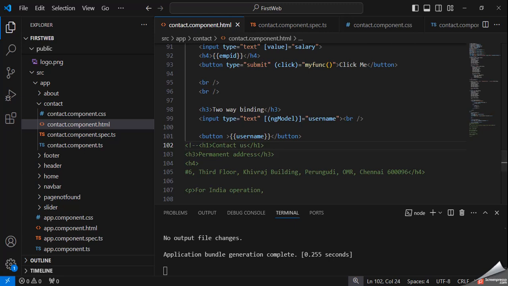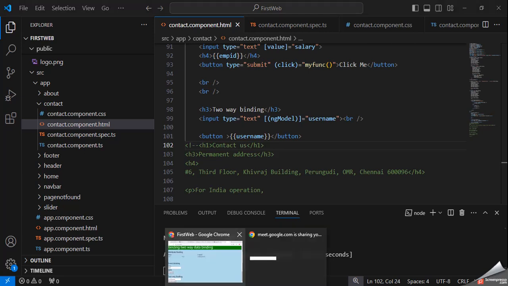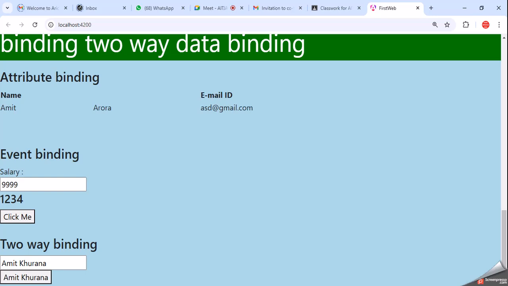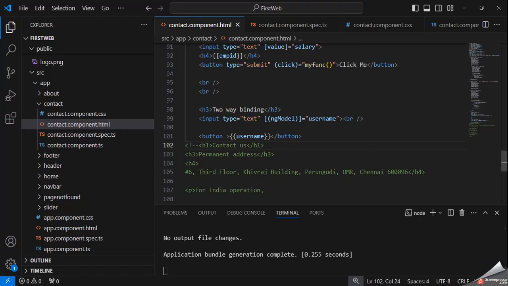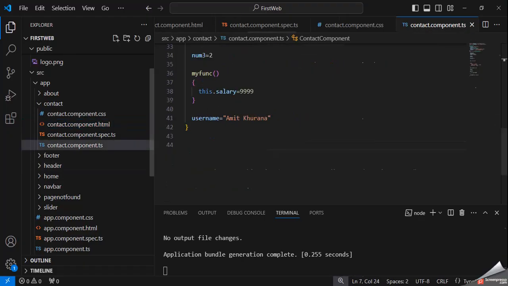Currently I have declared the username Amit Khurana. So it is showing here in the input tag.